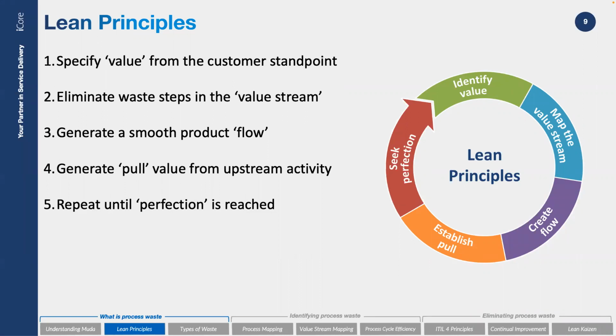So now we've got a good idea of what Muda is. Just as a quick recap, the three types are value add, necessary non-value add, and non-necessary non-value add. We've also now got the principles we need to think about. But we still don't know what waste is. We've got almost the background foundation of understanding how to get rid of it, but what actually is waste?